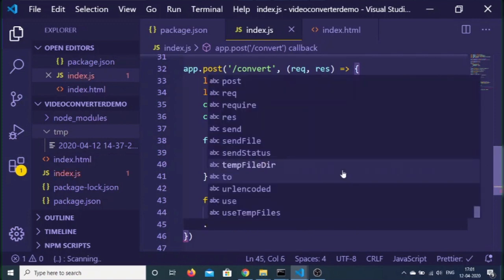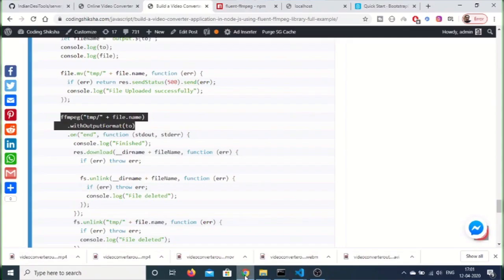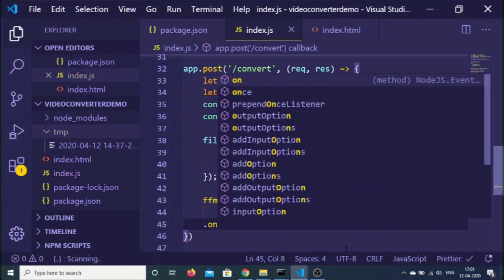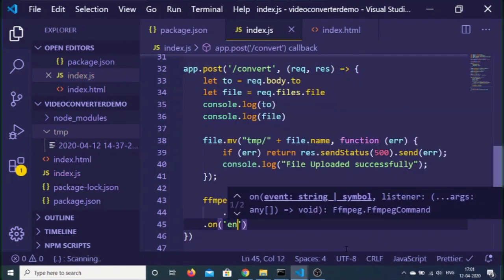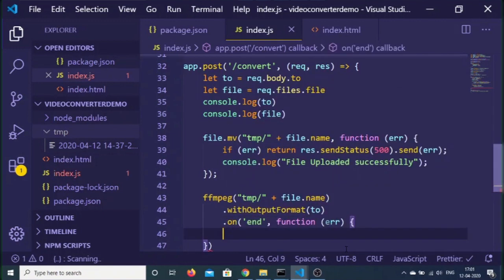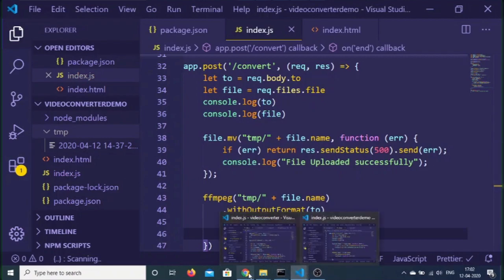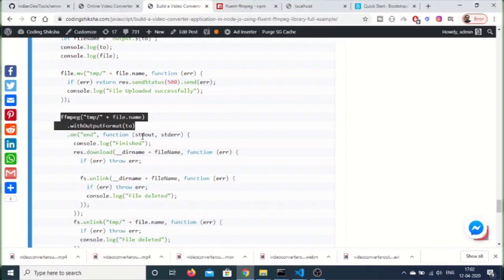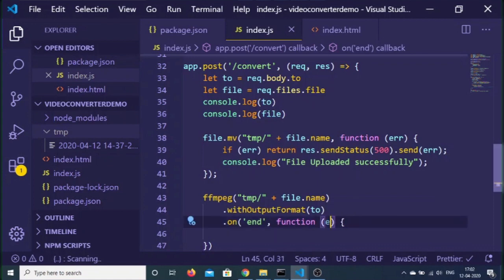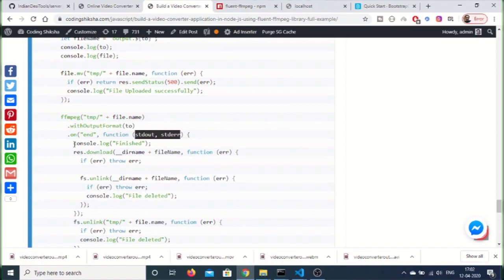And then we have some methods inside this. We can call one method, which is on. So when the process is finished, that is end here, we have a callback function. First of all we will check for any kind of error which is taking place. Sorry, this takes two arguments, which are standard out and standard error. Let me just copy it. So here we can just console log first of all finished, that the process has been finished,